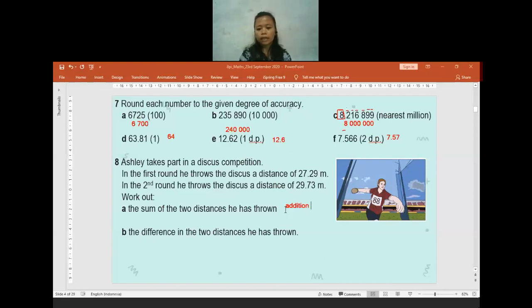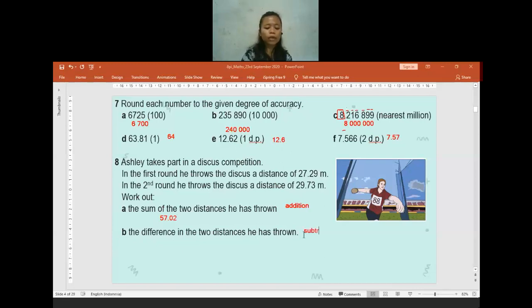No, not 57.92. Maybe you need to recheck it again. I think there is a typo or a silly mistake. Yeah, the correct answer will be 57.02. Anyone have any confusion? Or maybe my explanation, if you need more explanation, you can tell me. So I will not only directly discuss the correct answer.